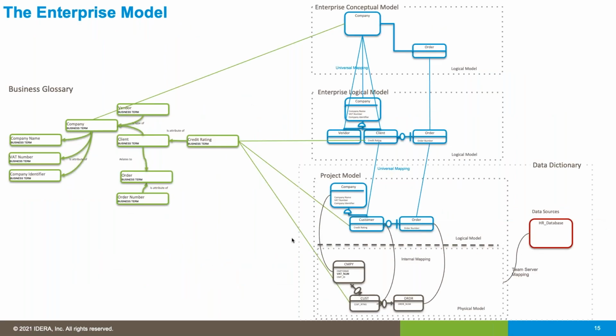This model really shows an enterprise view of those data models, and this comes into play later on. Over on the right, those logical and physical models. At the bottom, for each of my data assets, I might create a projects model with a logical component and a physical. And I've got lots and lots of these. Right in the center of the organization, I might have a single enterprise logical model. So I've got a common understanding of the information across the organization, and a higher level of abstraction above that